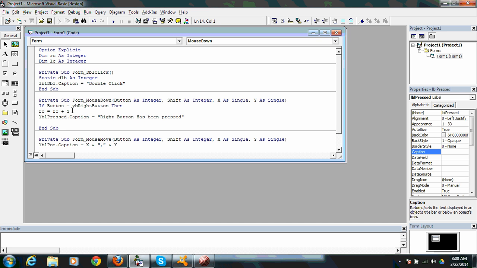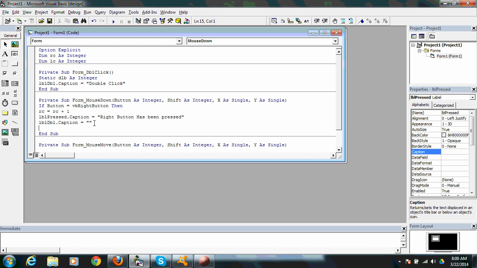And we want lblDbl.Caption equal to nothing, because we don't want to display it when I click left click or right click. We don't want to display that the user has clicked double click, so that's why I have made that empty. And now,